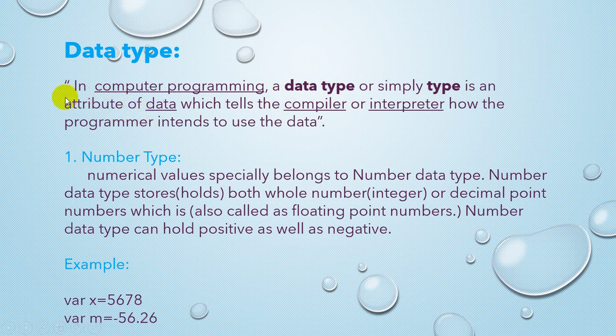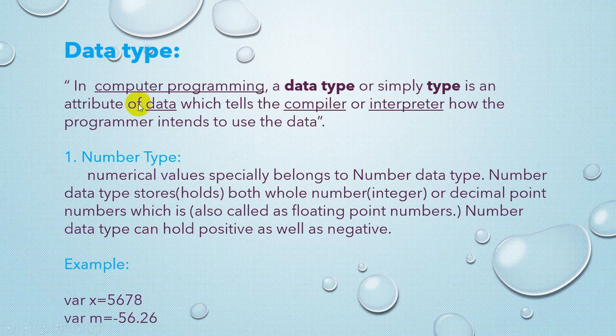Attribute means it's an information, it's a feature. If I say a word, this is information, but what type of data? You can say, sir, it's a collection of characters. In the same way, if I say it's a written 1, what is the data type? You can't say it's a collection of characters because it belongs to number. In the same way, there is an example like 5, 6, 7, it's a collection of numbers. All of it is a number, you can say.